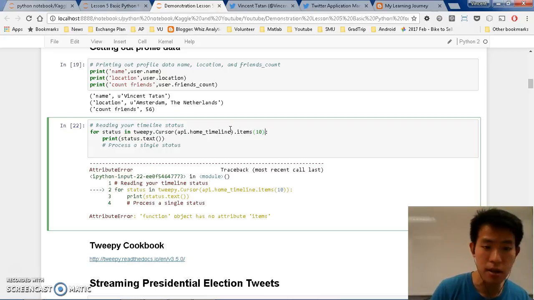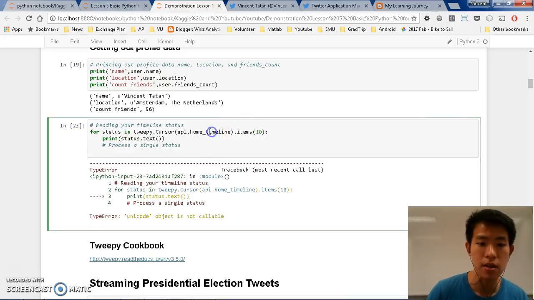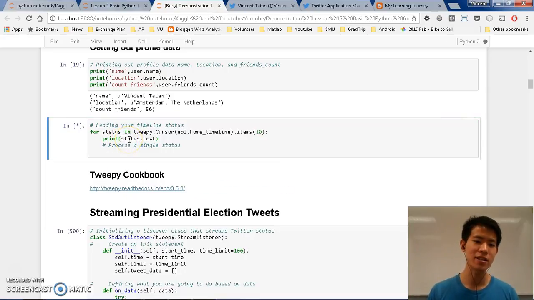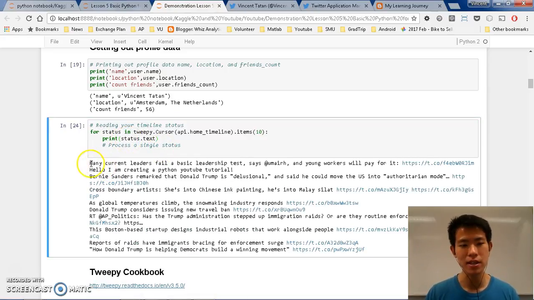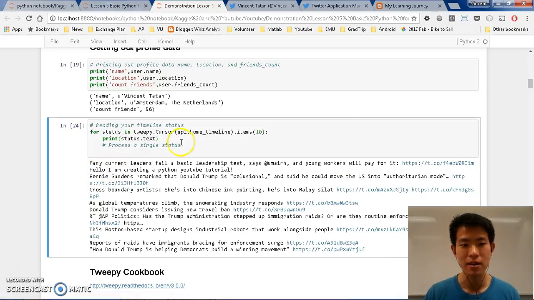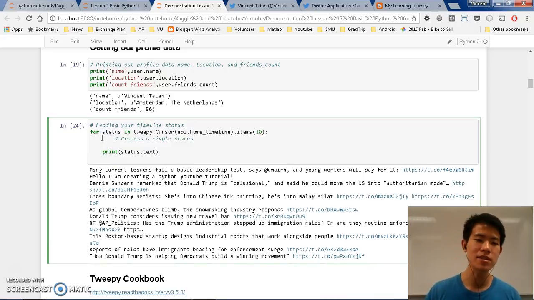For status in, then status. Oh, okay, now I get it. The error is here because I wrote print status.text stupidly, and I can just do this because it's not a method but an attribute, so it's actually inside the status already. So I can print it out, run it, and then there you go. All of these are inside my timeline, and if you see here, the Twitter timeline that I created still persists there. So this is how you can do a little bit of things with this.